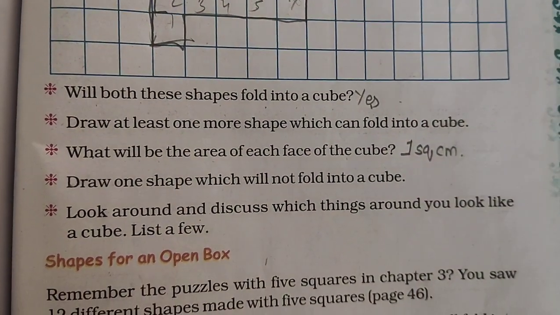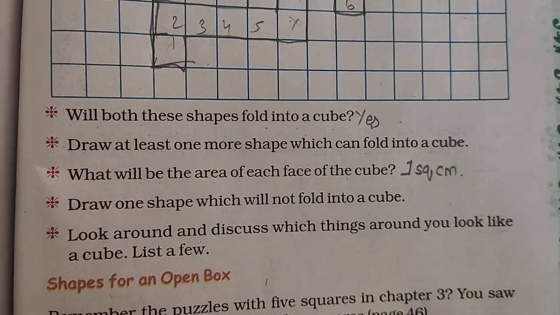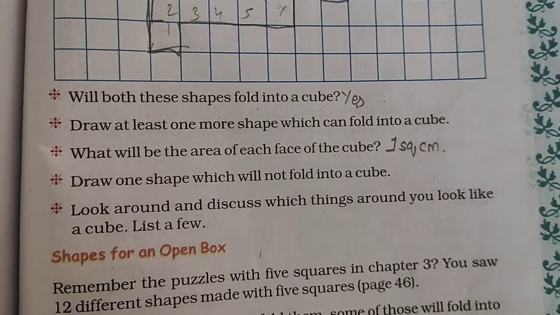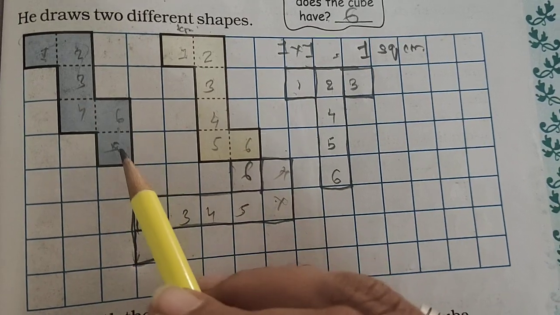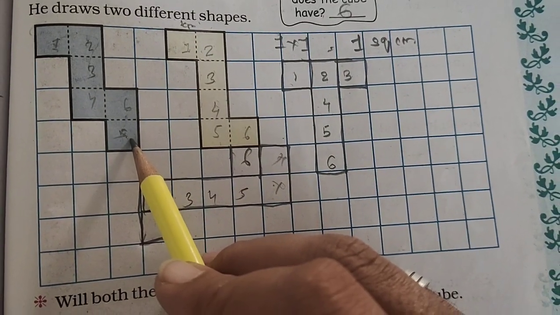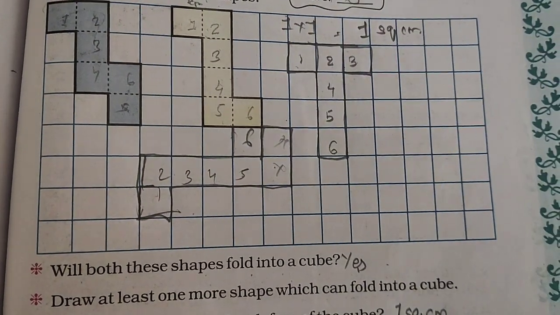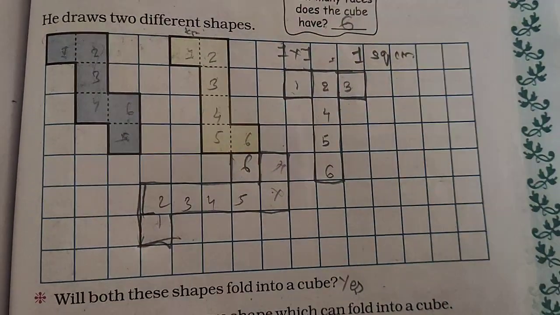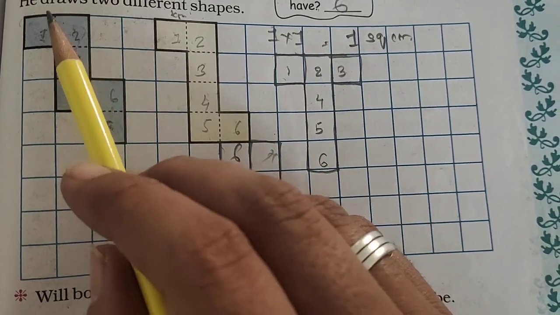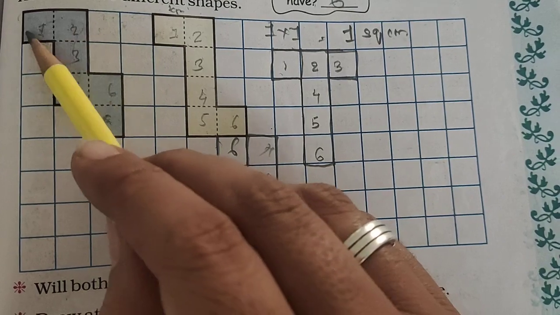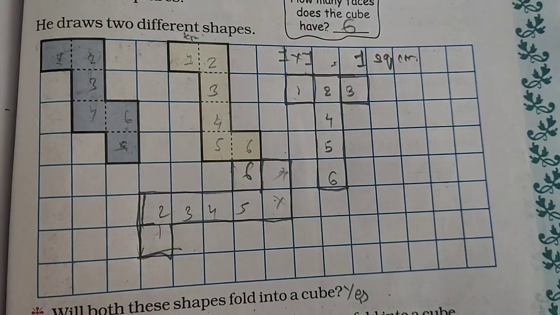Now students, if the area of one face is 1 square centimeter, then what will be the area of the whole cube? We have covered how many squares? We will directly count the squares. 1 2 3 4 5 and 6 squares we have covered, isn't it? So the area of the cube will be 6 square centimeter. We cannot have the area of the cube, we will have the volume of the cube. But if we look at these flaps and want to find the area, it has covered 1 2 3 4 5 and 6.